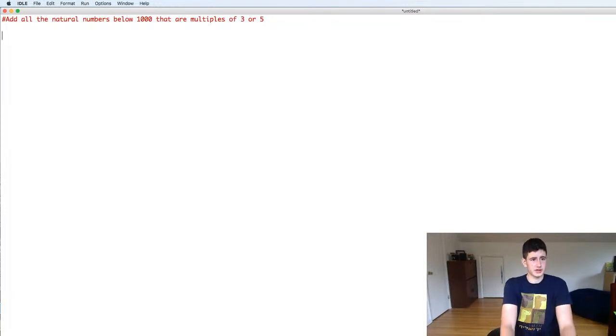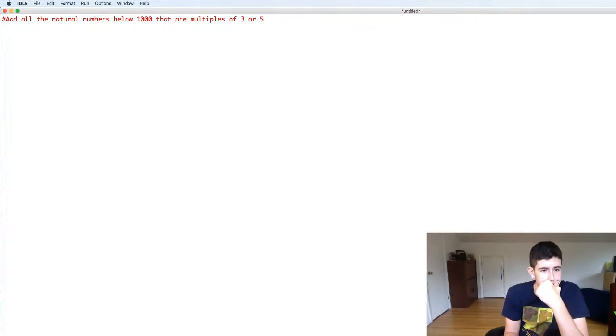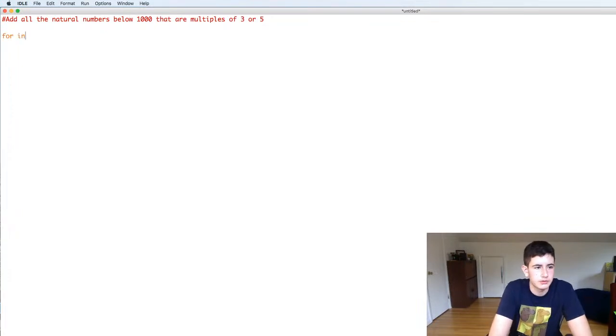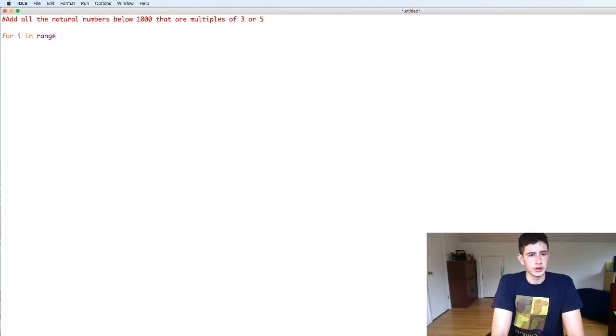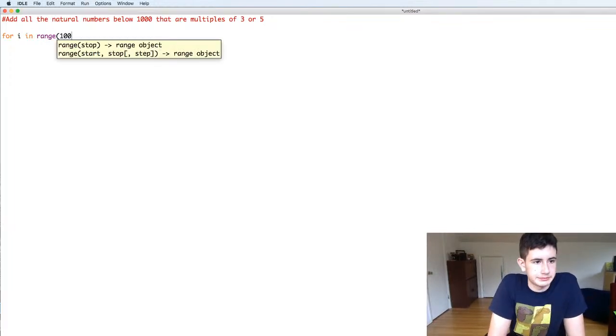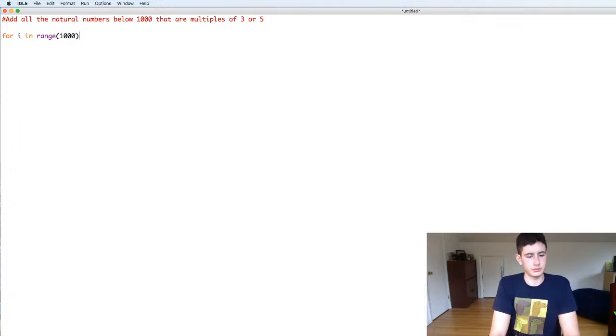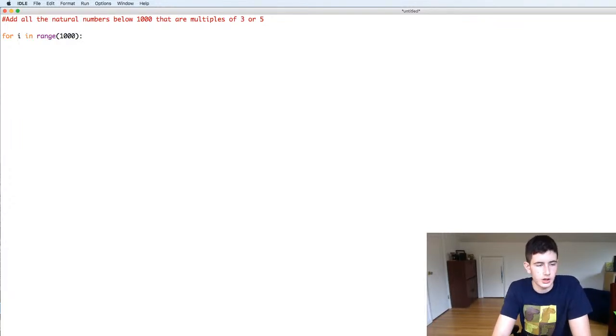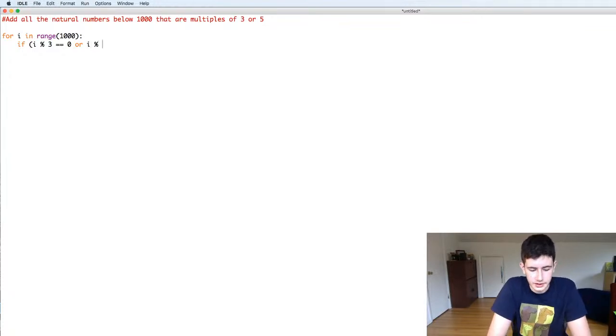So what I'm thinking is we have something like a for loop: for i in range 1,000, if i modulo 3 equals 0, which means it's a multiple of 3, or i modulo 5 equals 0,